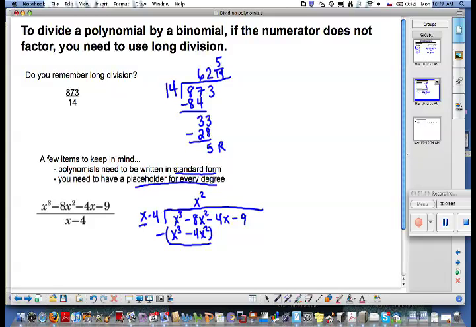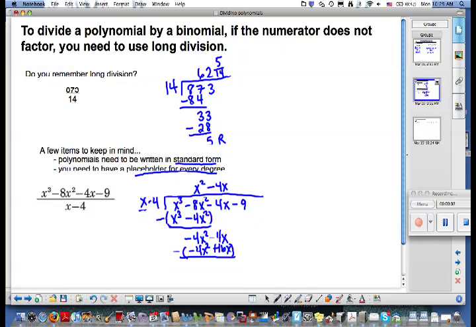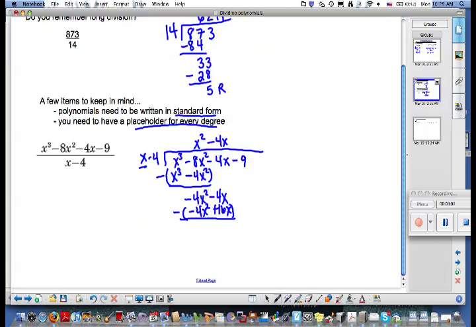Negative 8x squared minus a negative 4x squared is negative 4x squared. Bring down the next term, which is negative 4x. Now, what do we multiply x by to get negative 4x squared? That would be negative 4x, giving us negative 4x squared plus 16x. When we subtract that, the negative 4x squareds cancel. We have negative 4x minus 16x is negative